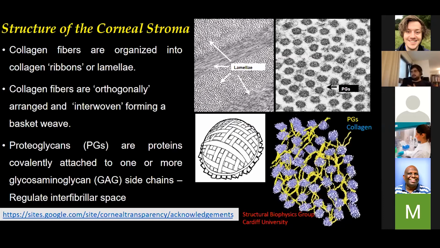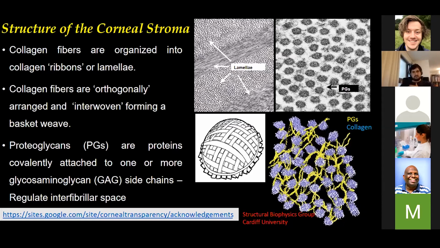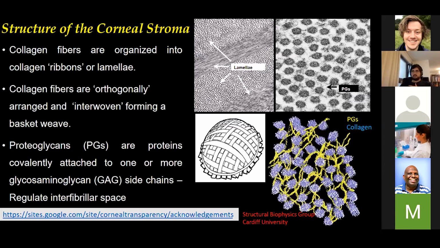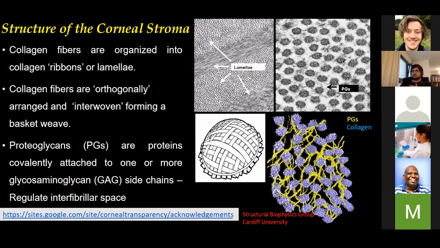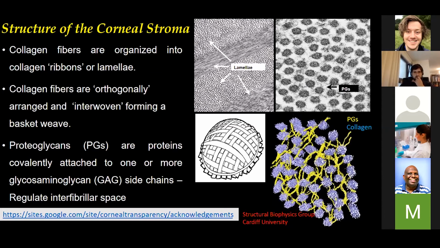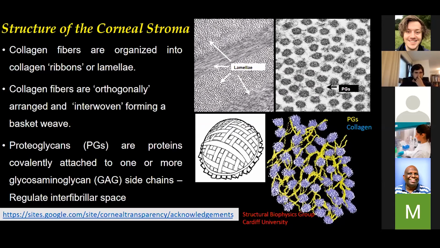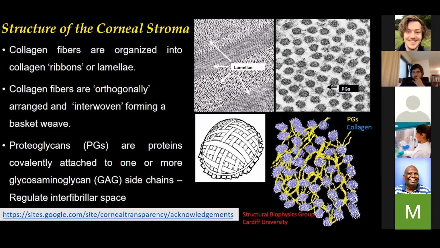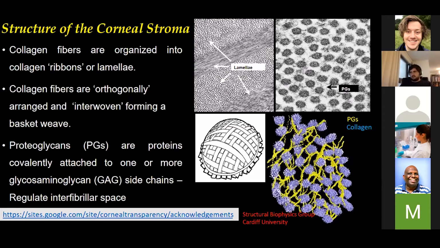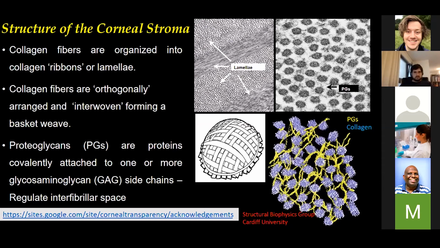Here I am showing you a 3D reconstruction of the corneal stroma. This was made by members of my group, of the structural biophysics group. We can see the collagen in blue and the proteoglycans in yellow. And I hope that you can appreciate that it is very important. They are uniform arrangements, so you can see that the spacing between the collagen and the diameter of the fibers are very important in order to allow light refraction in the eye and to maintain